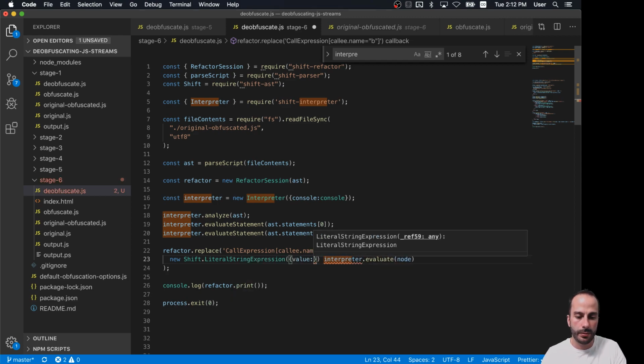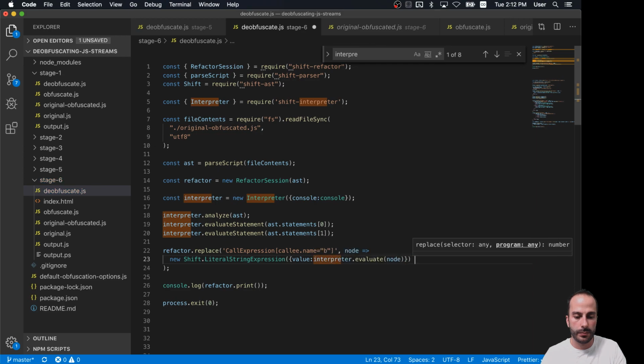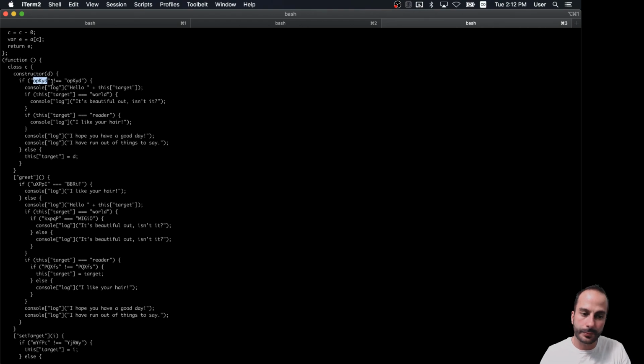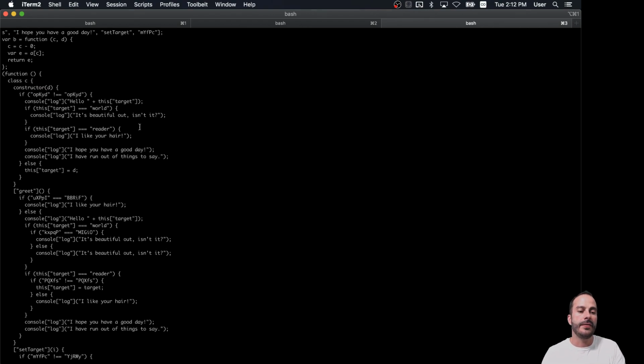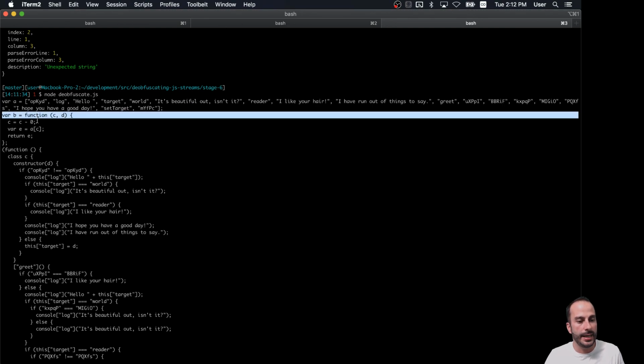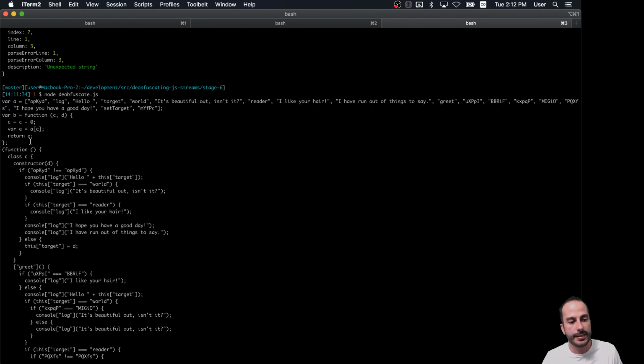Value. Don't need that. It works. That's cool. So the evaluator has evaluated this function expression, assigned it to B, and now